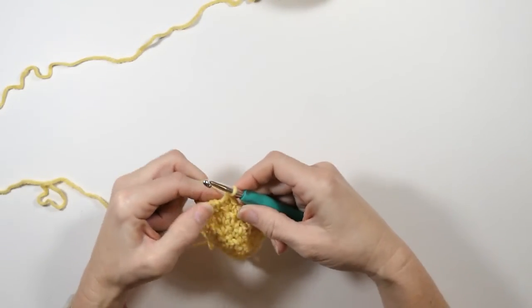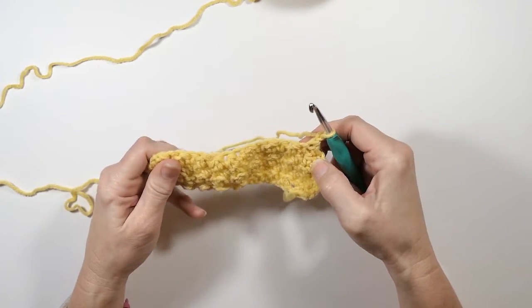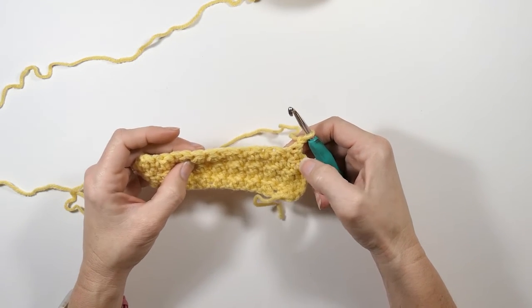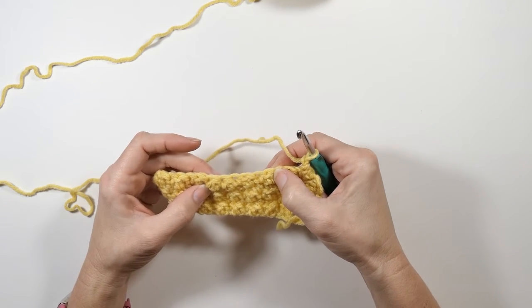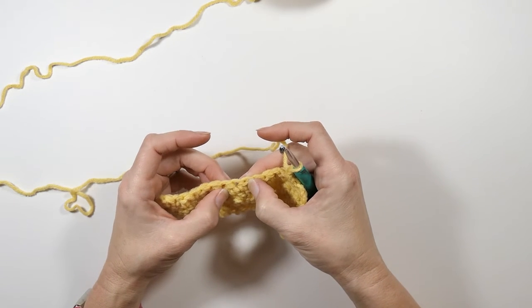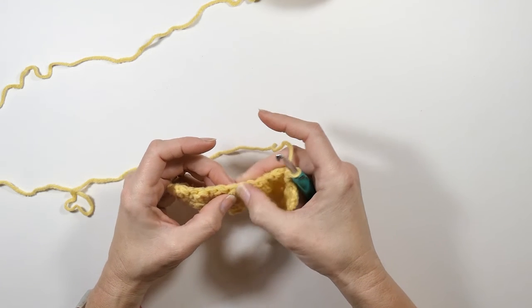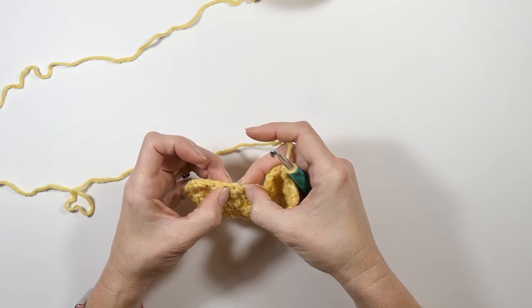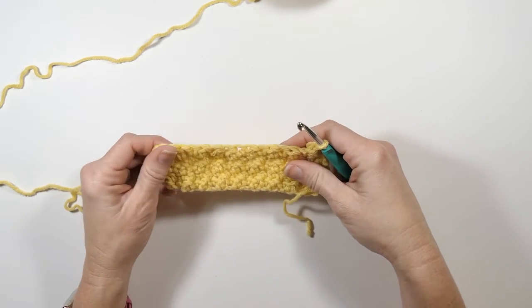So now when you turn it, chain 1, and the first stitch there is going to be a single crochet. So when you're working your way down now, you're going to do a double crochet, single crochet, double crochet, single crochet, double crochet, single crochet, and then here's where your decrease stitches come in. So you're going to do a double crochet, single crochet, double crochet, and now you're getting back into your regular stitches. So you're going to do single crochet, double crochet,